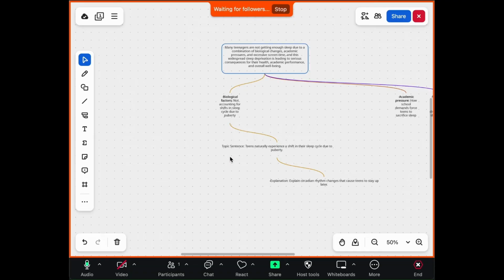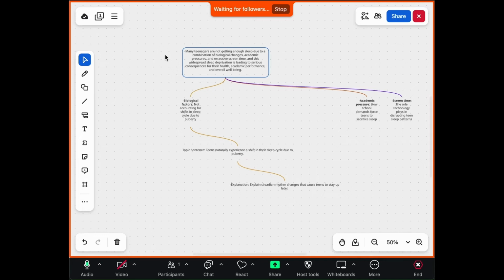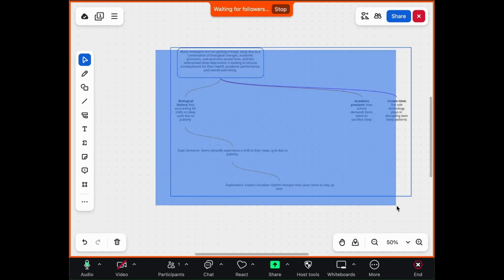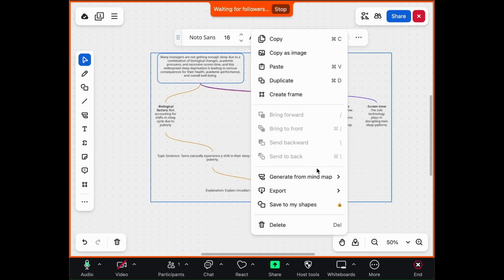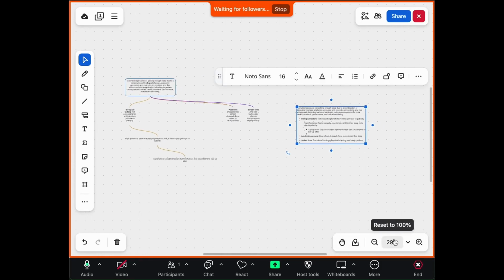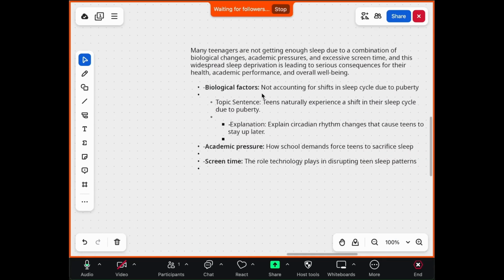Now, one of the really cool things about the mind map on Zoom is that you can actually turn this into an outline or a diagram. So I'm going to start with turning this into an outline. So I can select it, go to the three dots here, generate from mind map text outline. And I'm going to zoom in so you can see closer. And so there, it kind of created an outline from what we had with the thesis at the top and